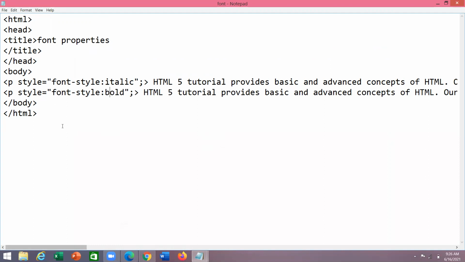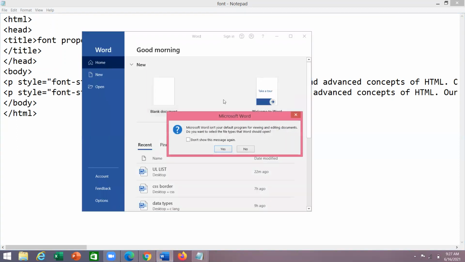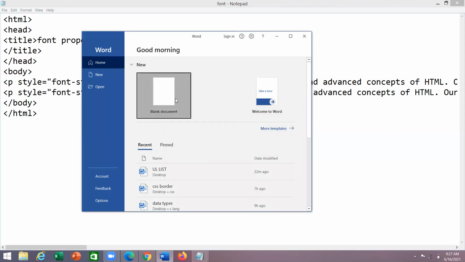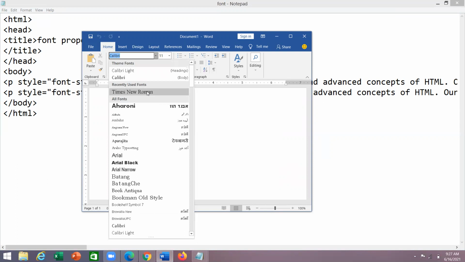If you want to take different types of font, you can go to the Word document and check there. Here we have different types of font styles, for example Times New Roman.